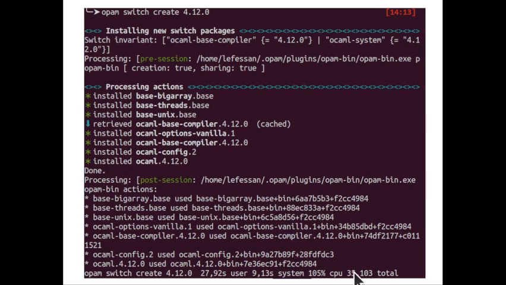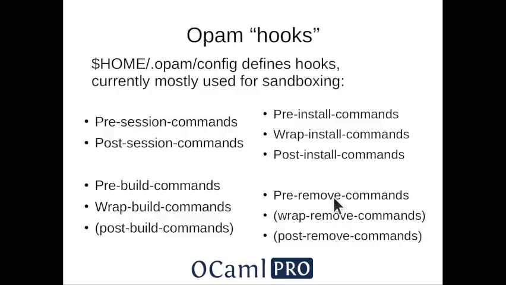We can also see that it took very little time, a little more than 30 seconds to install all the packages instead of more than 3 minutes. So it's quite efficient. Now let's have a look under the hood.